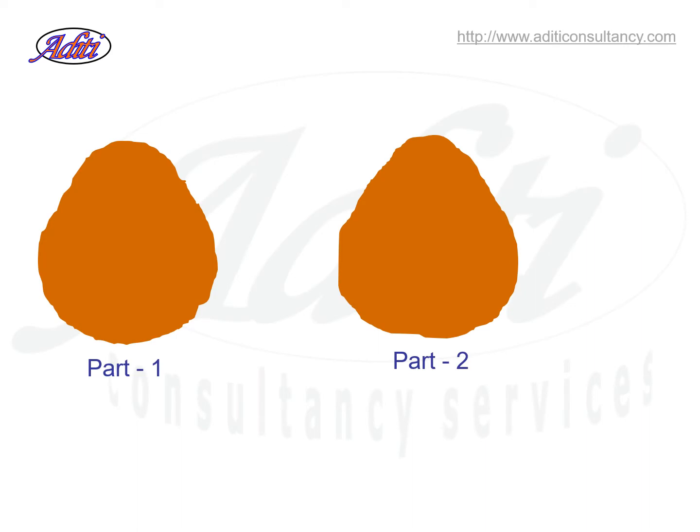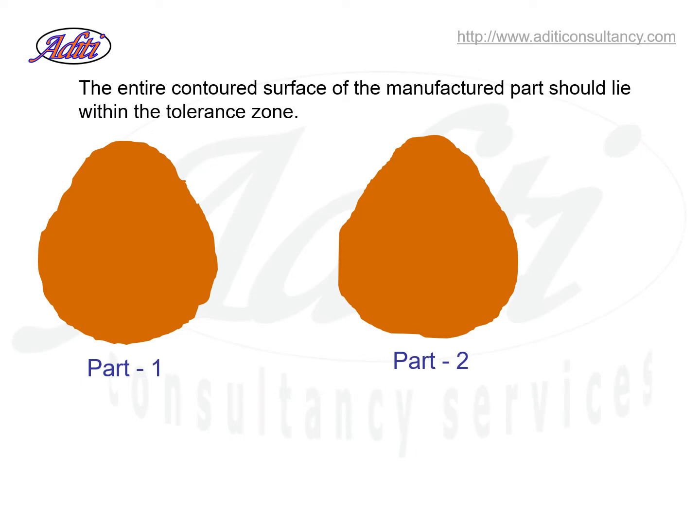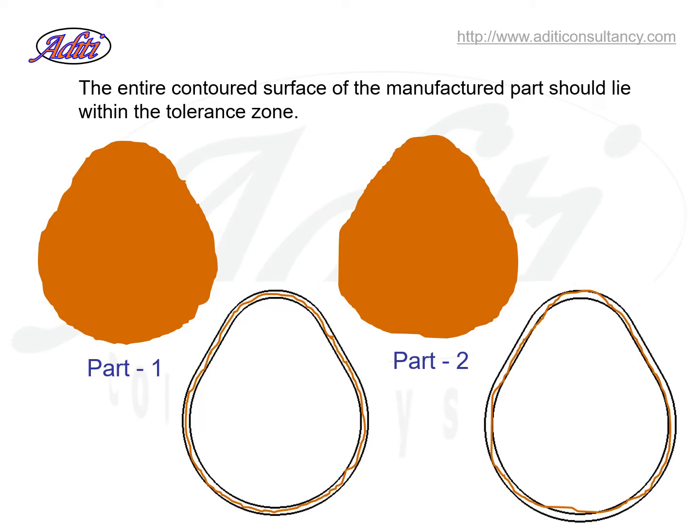This figure shows two manufactured parts produced targeting the nominal profile. As we observe here, both the parts have irregularities on the contoured surface. The requirement as per the drawing is that with all these deviations, the points on the contoured surface should be inside the 0.1 mm profile tolerance zone. Now, when you superimpose the tolerance zone on this actual profile, you observe that in the first case, all the points with all the deviations are inside the tolerance zone, whereas in the second case, some of the points are outside the tolerance zone. So the first part will get accepted and the second one will get rejected.